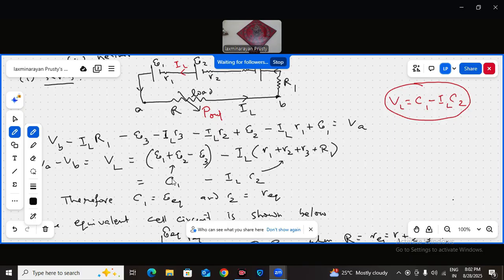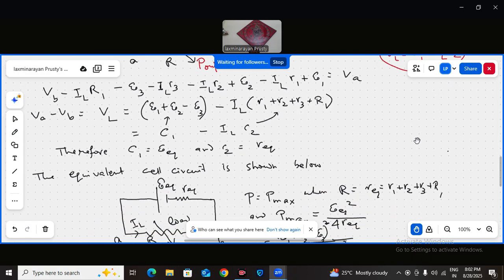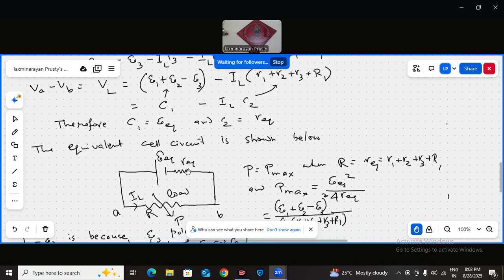So what is the equivalent? The C1, that is E1 plus E2 minus E3. What is the R equivalent? C2, that is R1 plus R2 plus R3 plus R1. Here that is minus E3, but regarding the resistance all added. Okay. So this is what I now write. E equivalent,